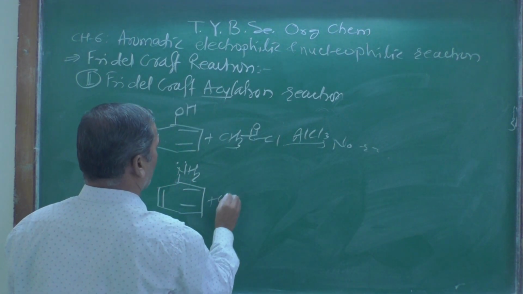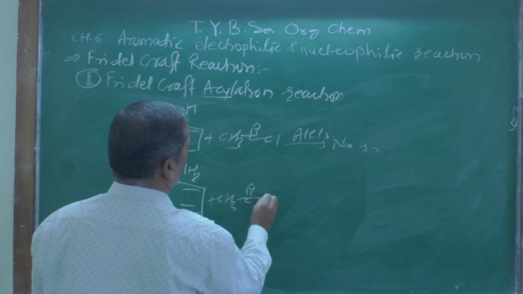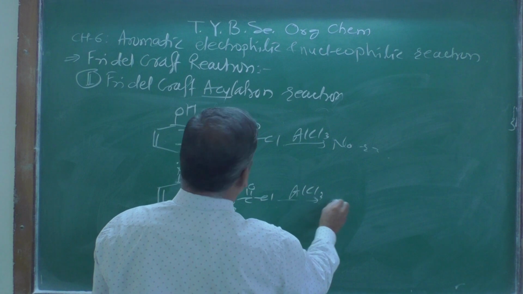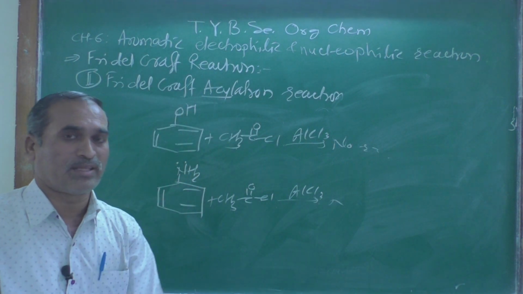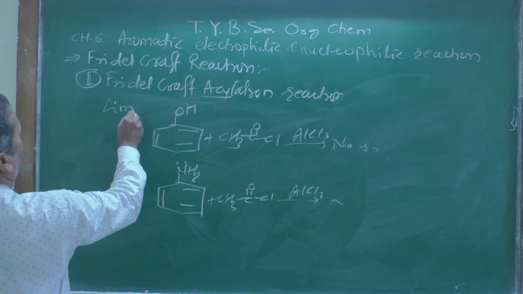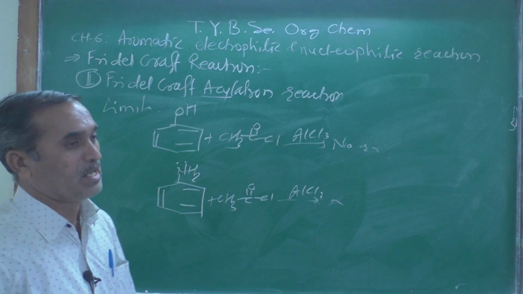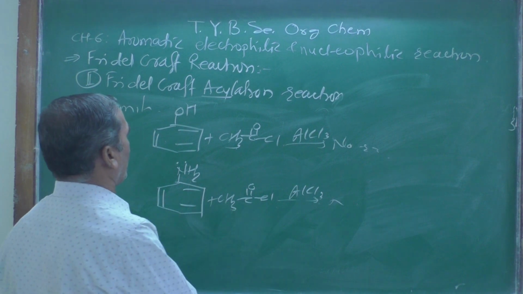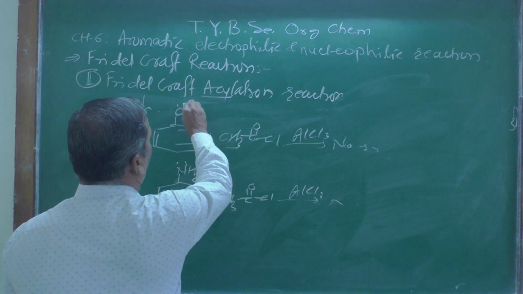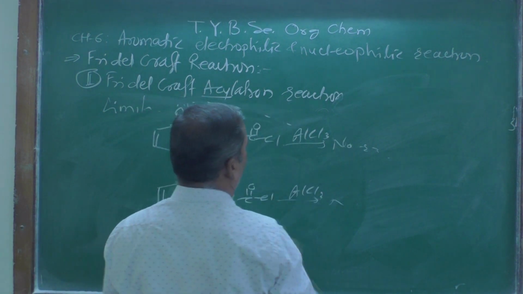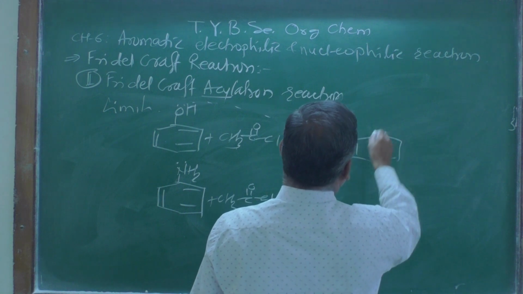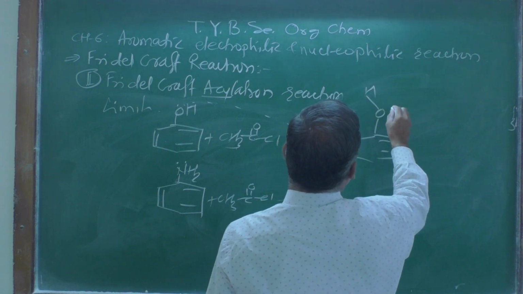Similarly here also, CH3 C double bond O Cl in the presence of AlCl3, there will be no reaction. Why is there no reaction? This is a major limitation of the Friedel-Crafts acylation reaction: the phenoxide OH group is more reactive and gets coordinated with AlCl3, and we get this type of compound. There is O, then H, and then